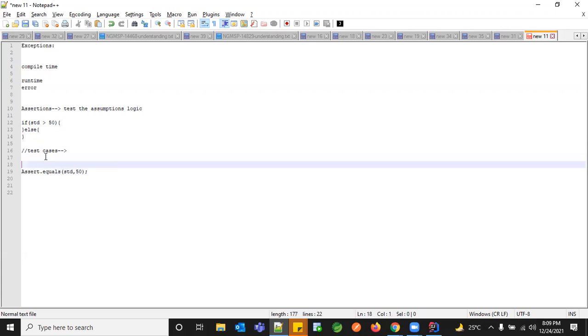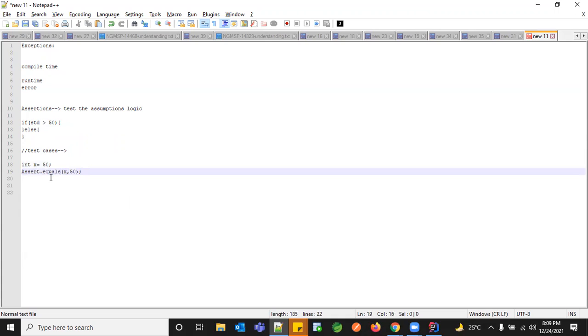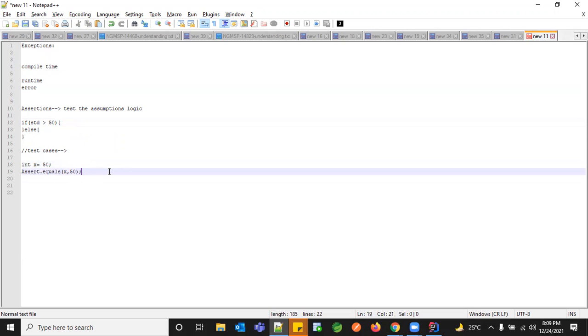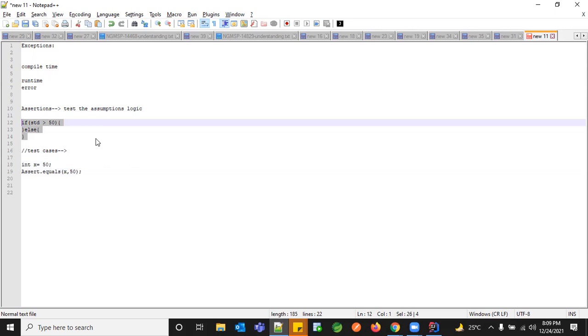Before this condition, I would have assigned some int value to my student final. I'll just mock my data. So basically you mock your data of std, pass it here, and check whether my x is matching the criteria. If so, my answer is true; if not, false. So all your assumptions can be checked using your test cases through these assertions.